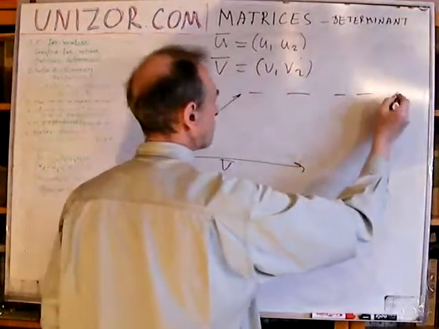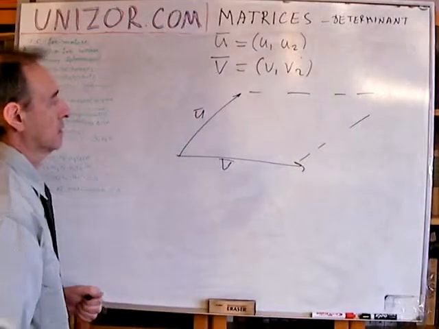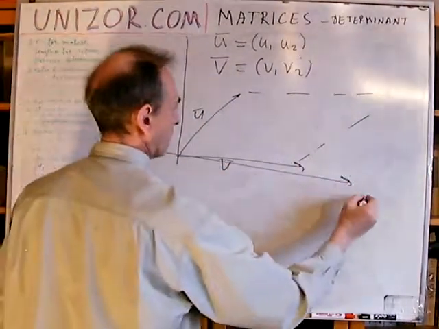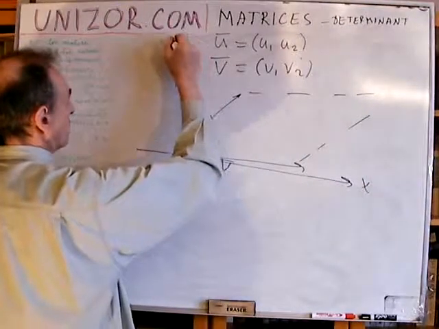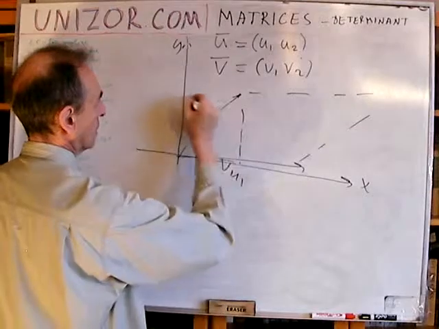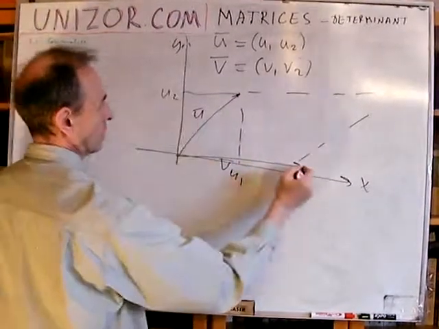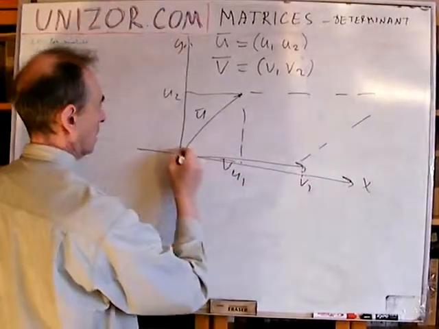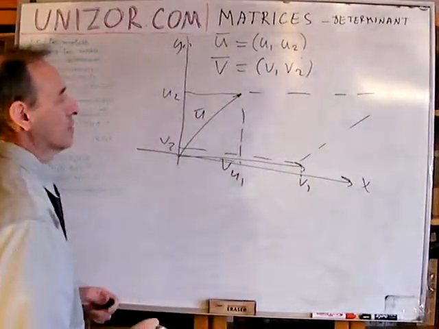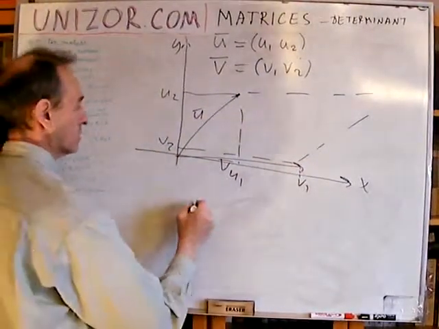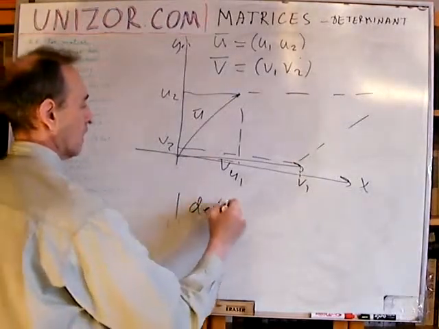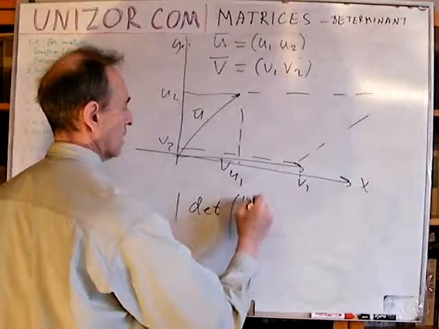Then the area of this parallelogram is equal to the absolute value of the determinant of the matrix which